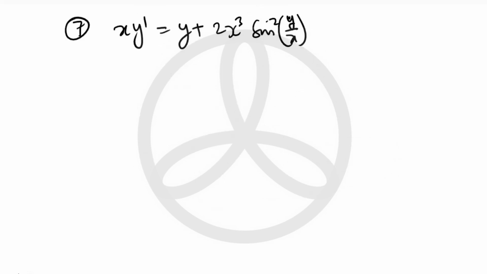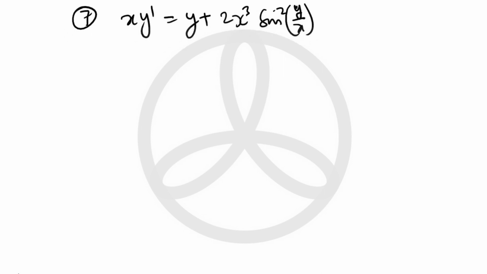So friends, we have arrived at question number 7 of this problem set 1.3, and this is general solution 2 to 10. We have to find the general solution. Here we need to assume something, and that assumption will be y/x is equal to u, or you can assume v. I will assume u in this case, and this I'll divide throughout with x.